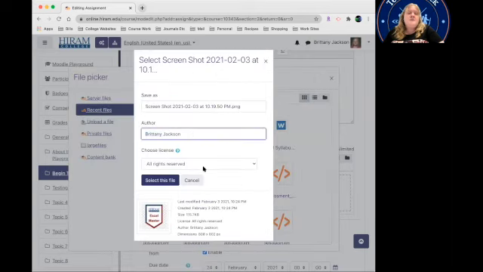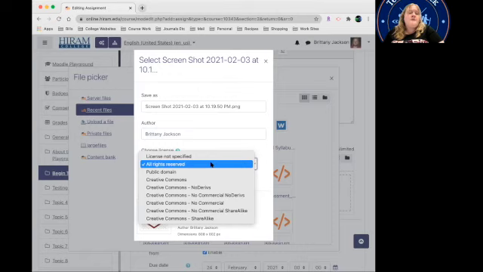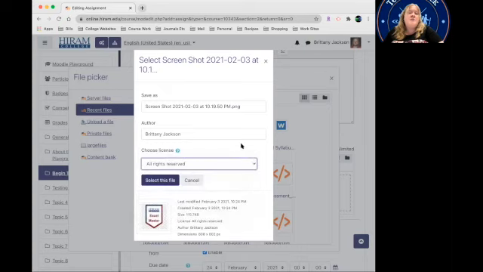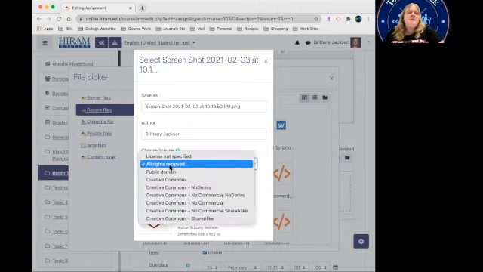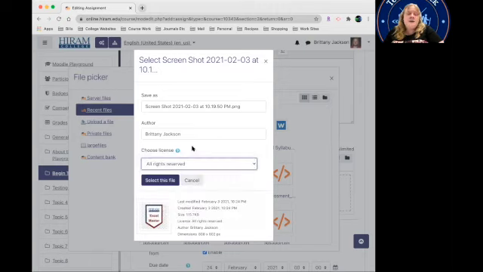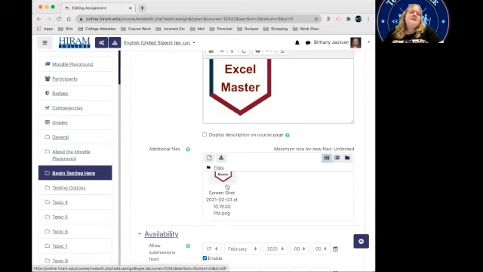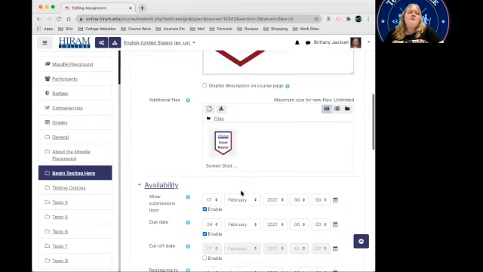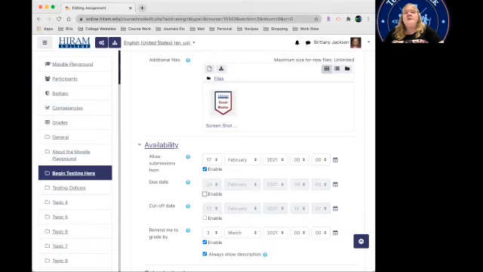And again, who is the author and where are the rights? So is this something that you created? Then it's all rights reserved on your side, or is it Creative Commons information? Again, this was also in the image options before in the description area. So you just want to make sure you're choosing the right type of license to ensure that we are meeting any copyright issues we may run into. So once you've done that, hit select this file, and now you can see that image is down here in the additional files. Then you go through, put in all the other availability information like normal for your assignment,